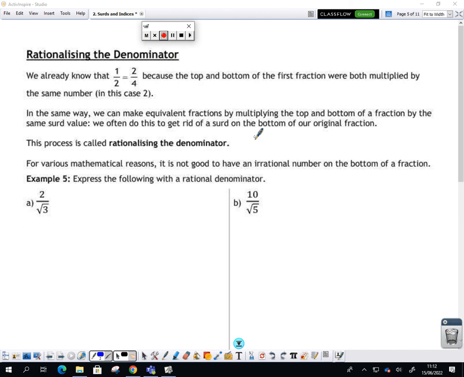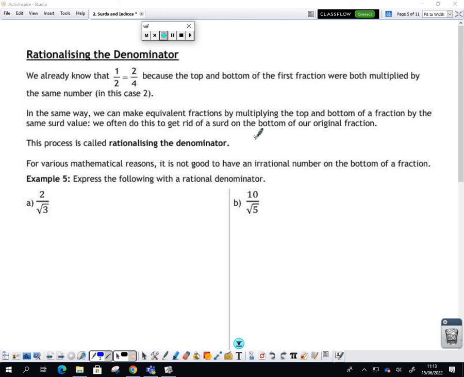Hi guys, this video will take you through the process for rationalising the denominator of a fraction with a surd on the bottom. So we already know that we can create equivalent fractions by multiplying the top and bottom, numerator and denominator, of a fraction by the same number. So in the same way we can make equivalent fractions by multiplying the top and bottom of a fraction by the same surd value, in order to get rid of the surd on the bottom, and that therefore we will